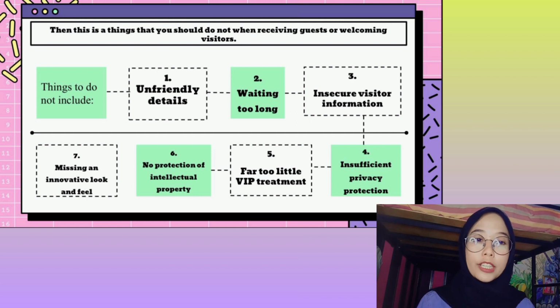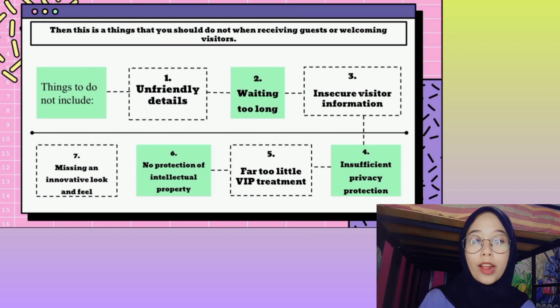No protection of intellectual property. The receptionist hardly ever asks a visitor to sign an NDA. Not only is this a must to protect your IP, it also demonstrates to your customer that you have valuable